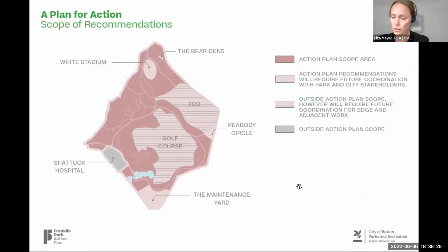So just as a reminder, I'm guessing that many of you have been engaged in this process along the way, but I don't know that everyone has. So some of this, again, may be information you've heard before. But while we're thinking holistically about the park with the action plan, there are different stakeholders,